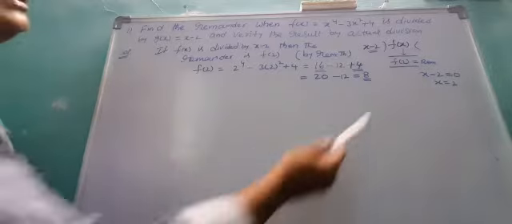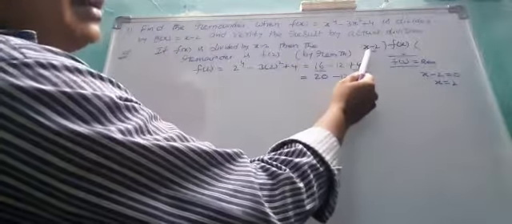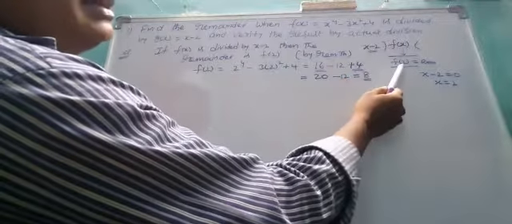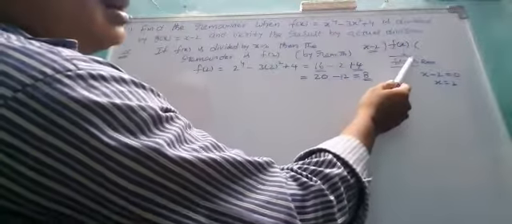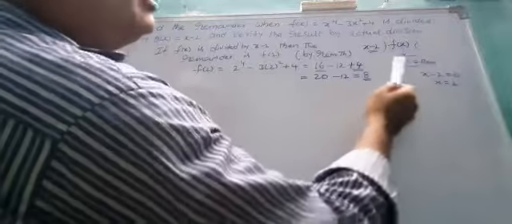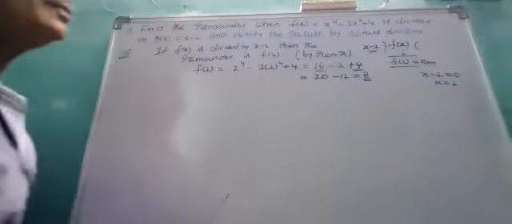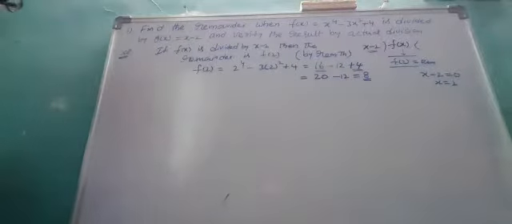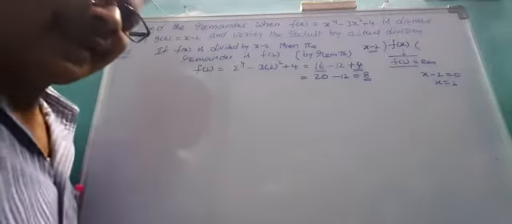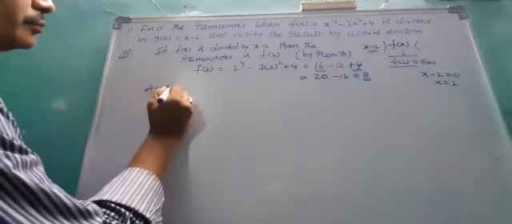Okay, so what is the remainder theorem? f of x is the polynomial, it is divided by x minus 2, then the remainder is f of 2. How can we get this 2? Simply find the zero of the polynomial x minus 2. So x equal to 2. So by the remainder theorem we got the remainder 8. Okay, now verify it with actual division. Is it right or wrong?